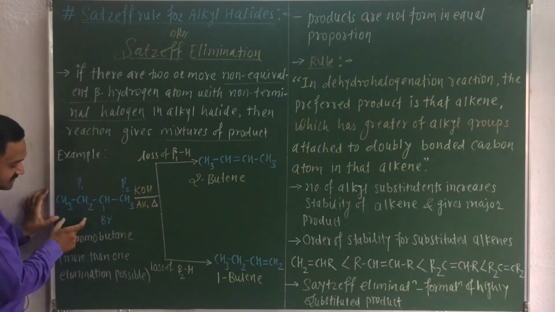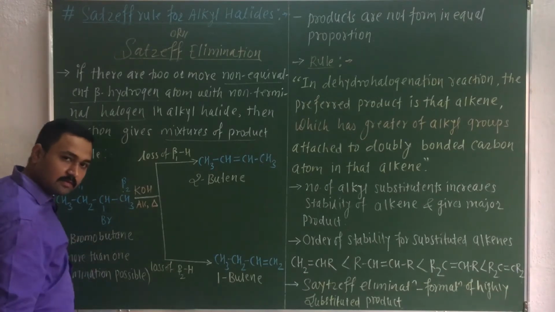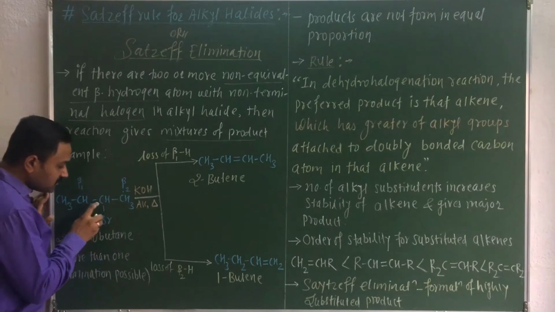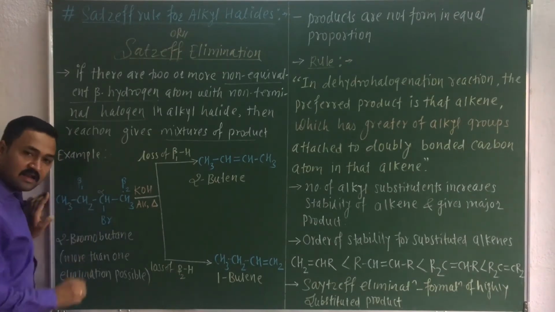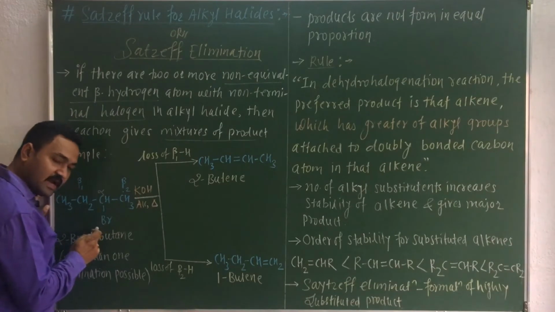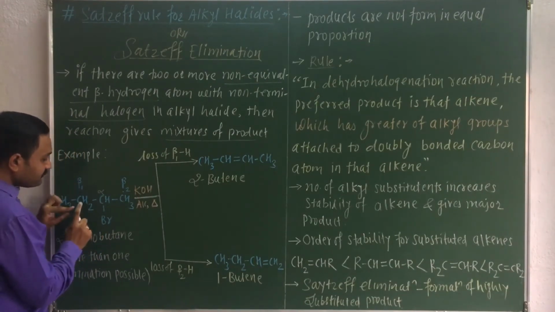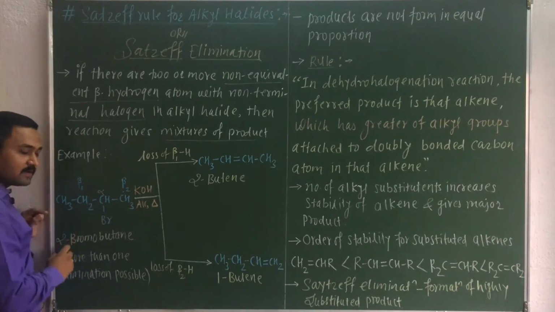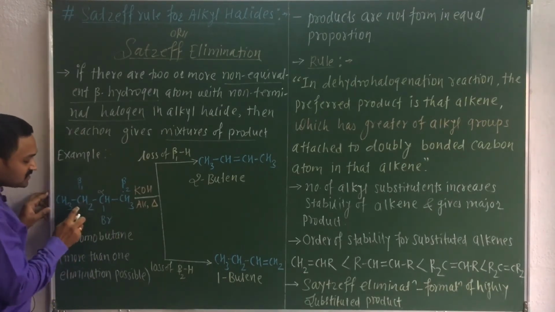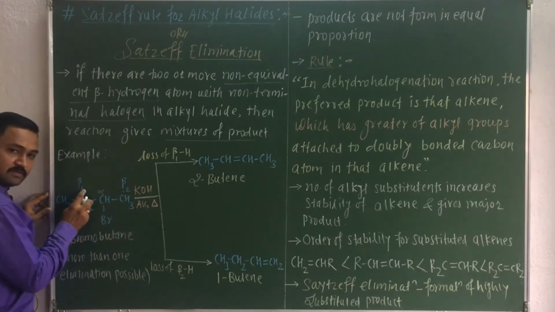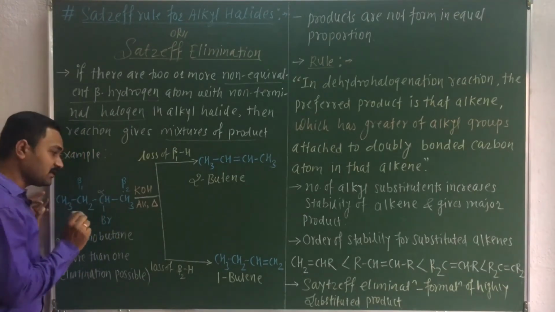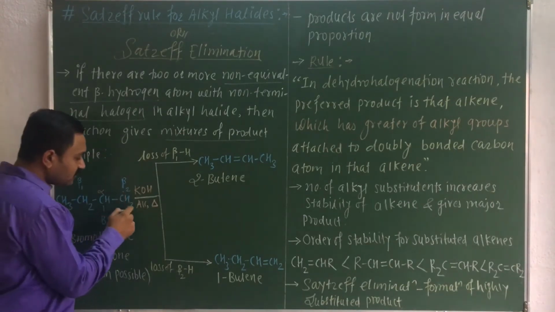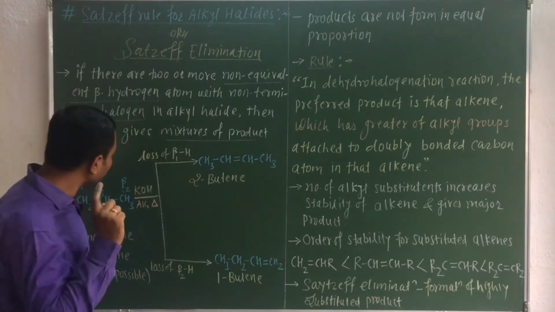I have taken the example of 2-bromobutane here. In 2-bromobutane, this particular carbon atom acts as the alpha carbon atom, as it is attached to the halogen atom, and two different groups are attached to the alpha carbon atom. I have labelled this CH2 group and the other as beta 1 and beta 2 for this carbon atom. So obviously this hydrogen acts as a beta 1 hydrogen atom and this hydrogen atom acts as a beta 2 hydrogen atom.